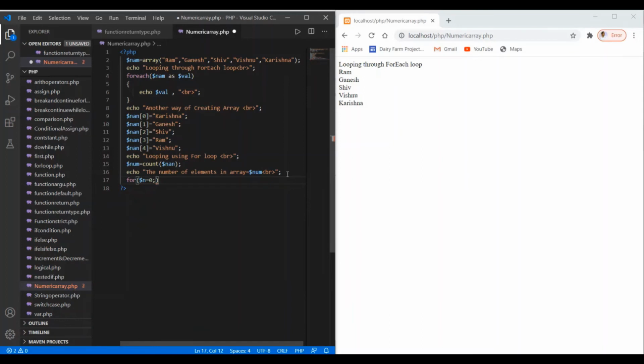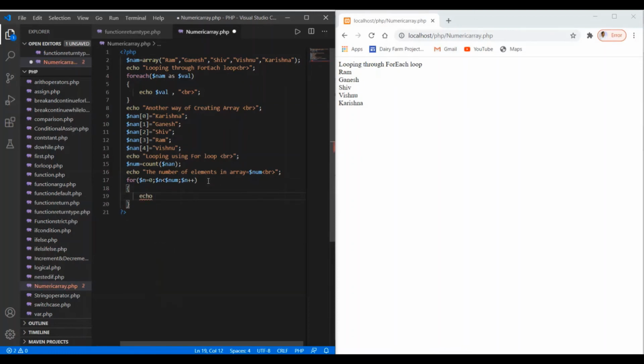Then I'm putting the condition, the value of the variable should be less than the value of num, and I'm going to increment the value of n by 1, so I'm writing n plus plus.